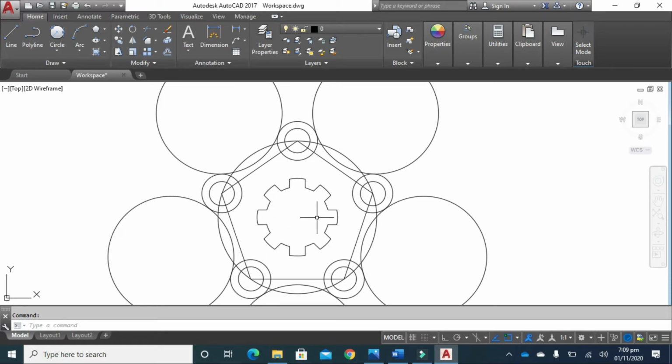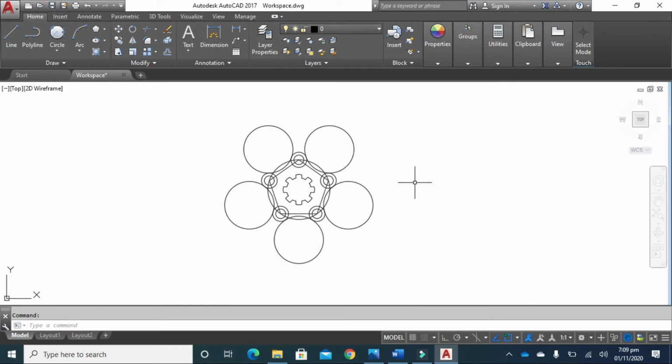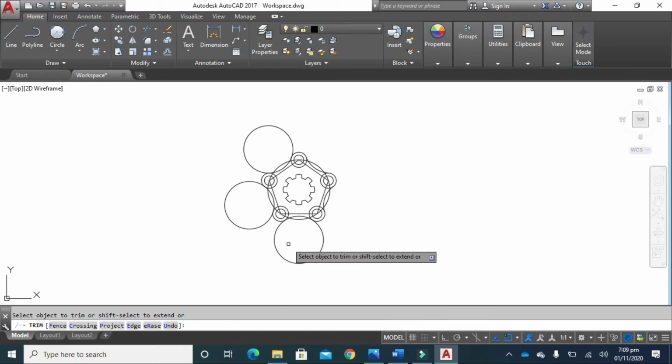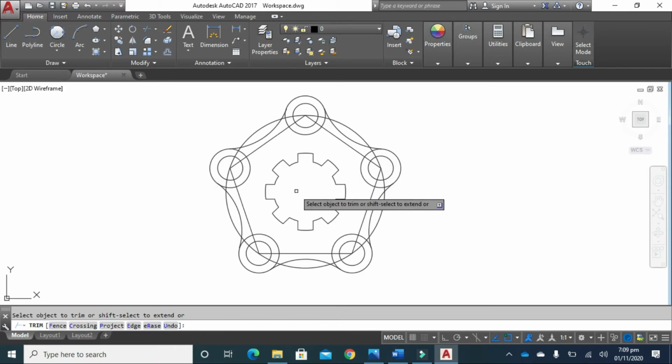First we have to zoom out like this and then type TR from our keyboard and double press enter. Select these two circles, these two and this. Zoom in by scrolling up, press escape, select this polygon and press the delete button from your keyboard.